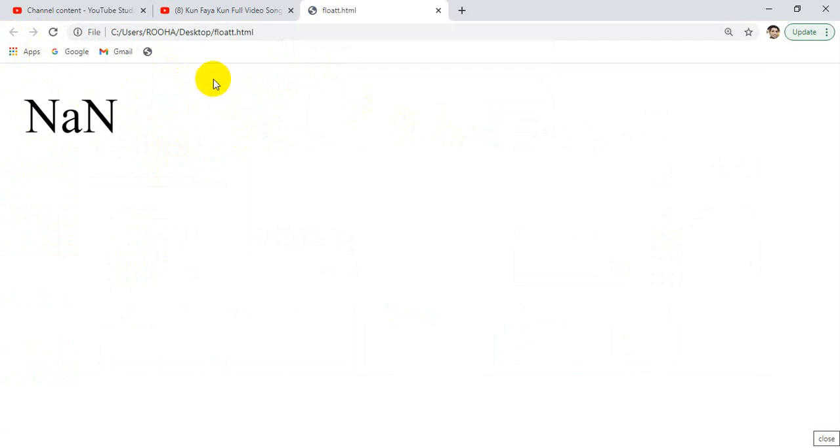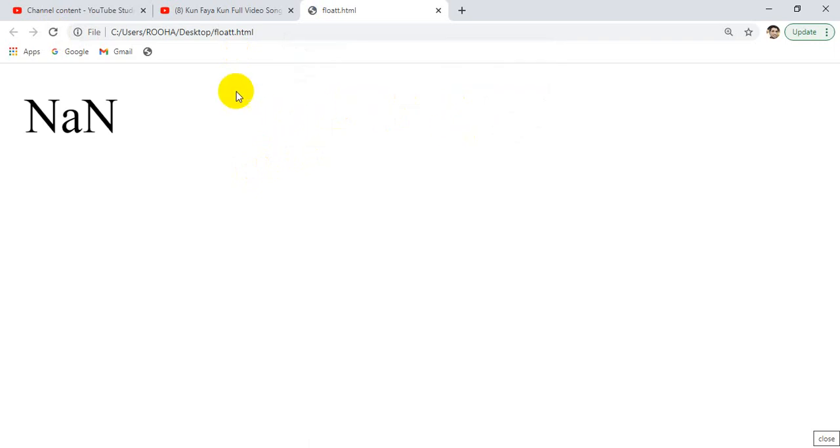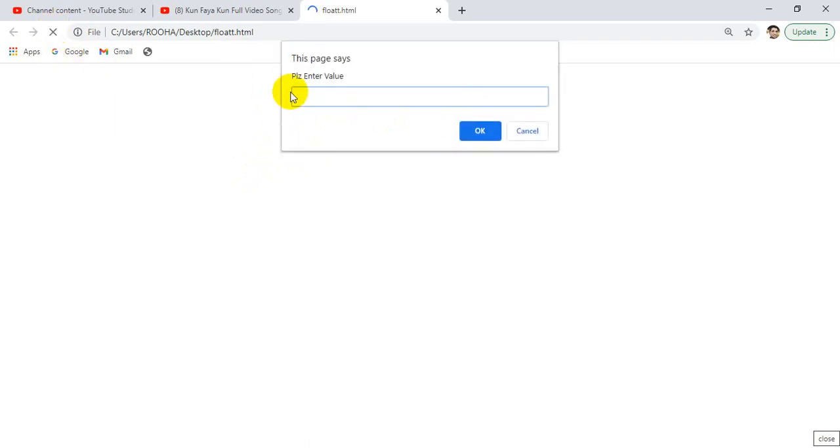Let me do one more example. For example, you have written KMS. Now when you click on OK, the value of A will be KMS and your parseFloat function will start from K. The first character of that string is K, and K is not a number, so it will directly generate NaN. In some cases, for example, if you have 1.2 KMS,